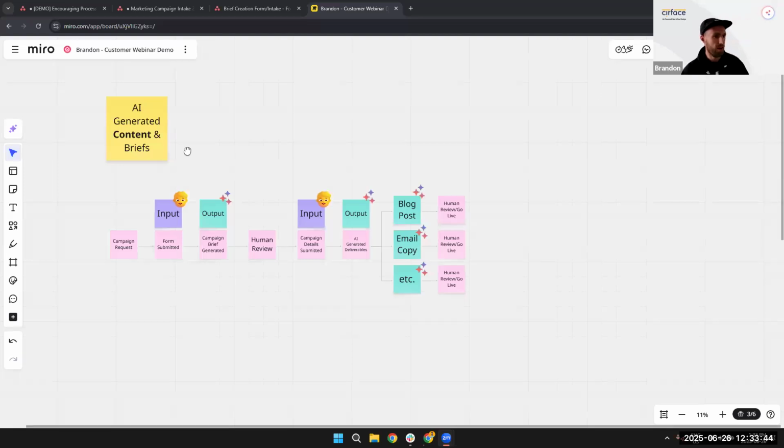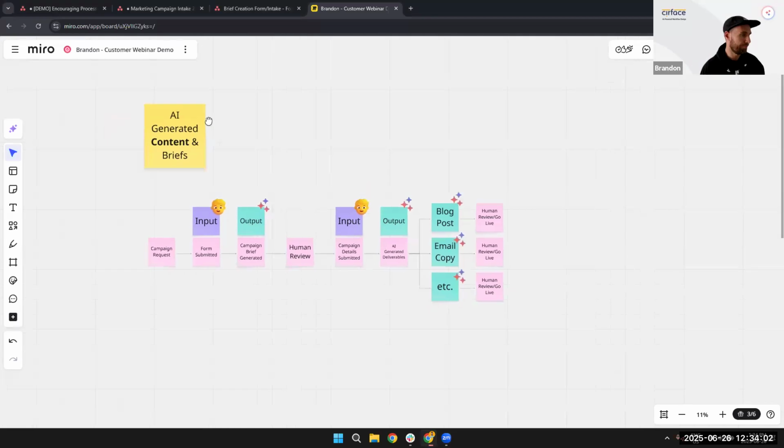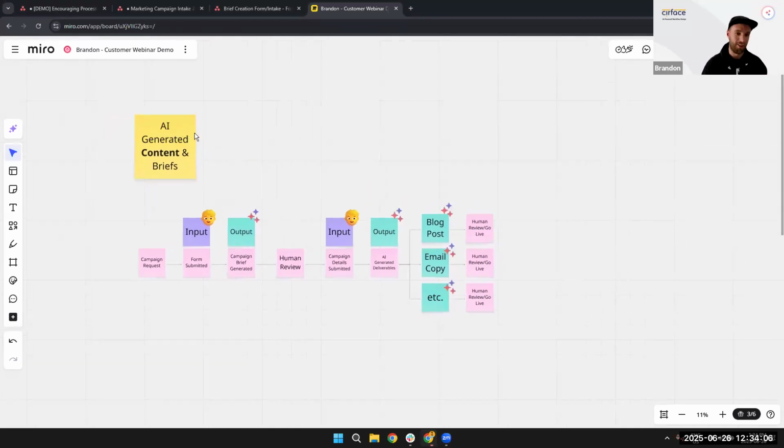Okay, good. So here we are in Miro. Imagine you are a marketing department. Maybe you're creating content for your internal team, or maybe you're delivering work like campaigns for your clients. But in any case, let's just say that you work for a department that needs to create content of some sort. And the flow I want to show you is how you can use AI to generate first drafts of